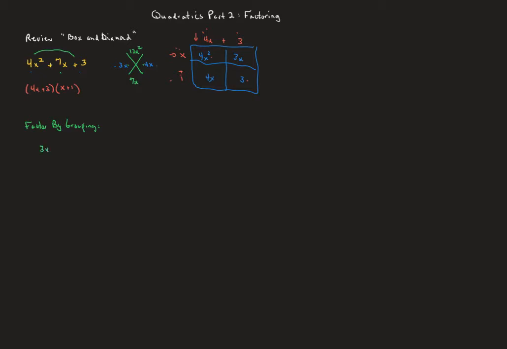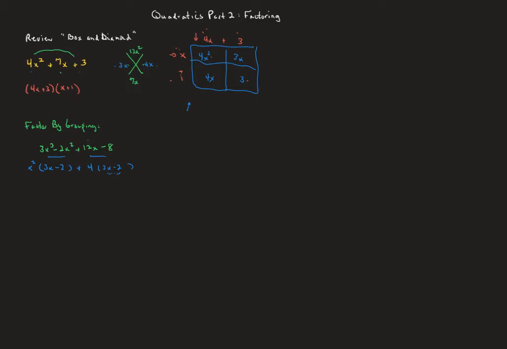terms, so 3x to the third minus 2x squared plus 12x minus 8. So the idea here, when you have 4 terms, is our box and diamond strategy is not going to work. But if we pair these up and then look for the greatest common factor out of each pair, so in the first 2 we can pull out an x squared, and that will leave behind a 3x minus 2. Now if this is going to work, we need for the second parentheses to leave behind a 3x minus 2. And so you can see that if you factor out a positive 4, that will indeed leave behind